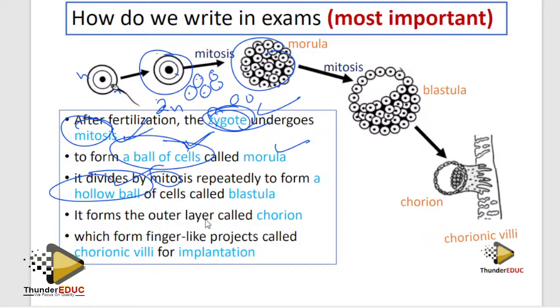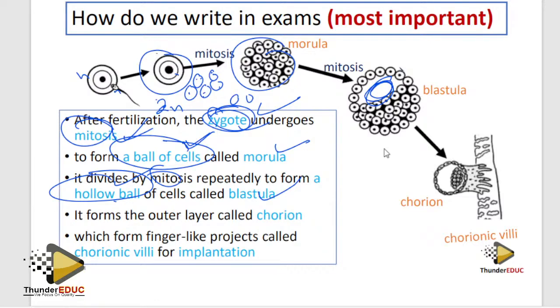How do we call this hollow ball of cells? Blastula. You see that it is hollow. It has a hole inside. Unfortunately, you don't see my face, but a hole. So think about a hole. That's it. It's a blastula. So that's how you can remember. If you don't know a hole, ask your neighbor.